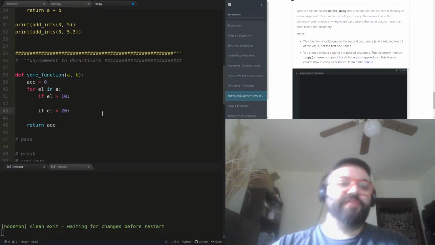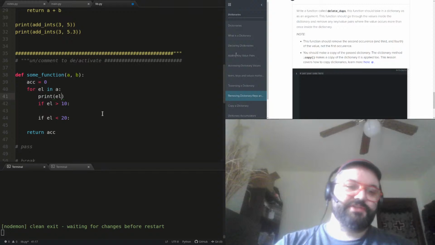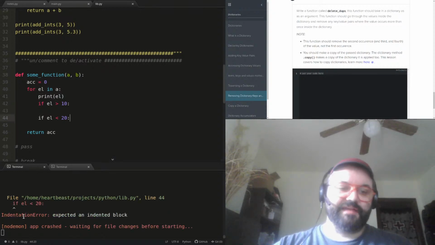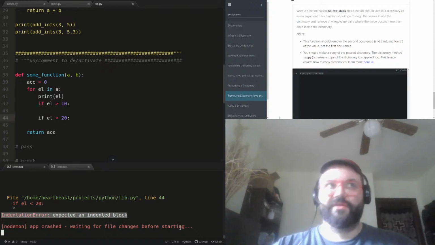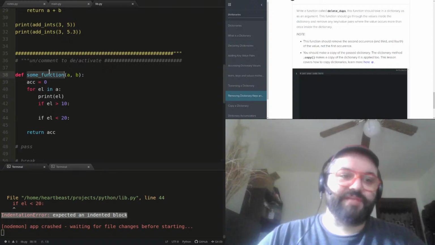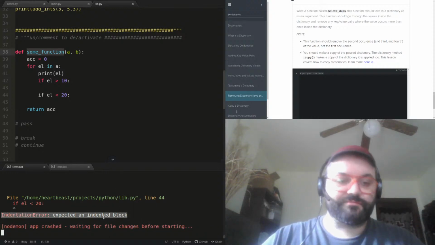So let's say you want to just run it to test something. I'm like, okay, let me put my eyes on L and see what it's going to be here. And I run this code, and then I get a syntax error, and I think, oh okay, I haven't even really gotten into solving the problem, and it's already messed up. I can't even run it just to test something, right? And if we look at this, I'm not even calling the function, and that's giving me an error. The error it's giving me is an indentation error, and it says expected an indented block.